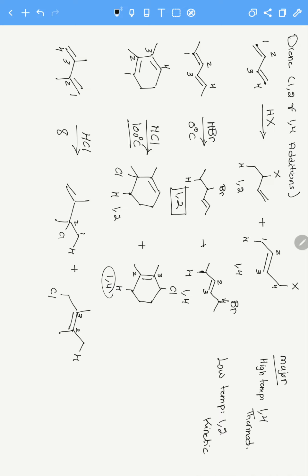Let's say this was at 80 degrees. Again, this is a high temperature. So this is the 1,2, this is the 1,4. So this will be the major product. Now, 1,2 and 1,4 addition products of dienes can also be obtained if we have